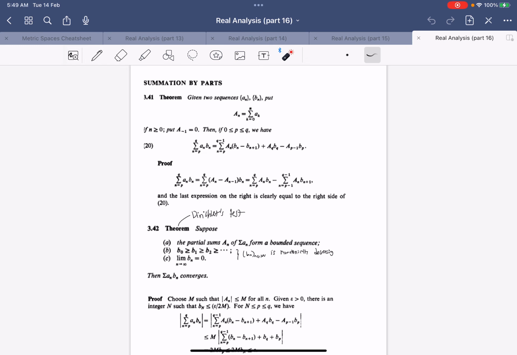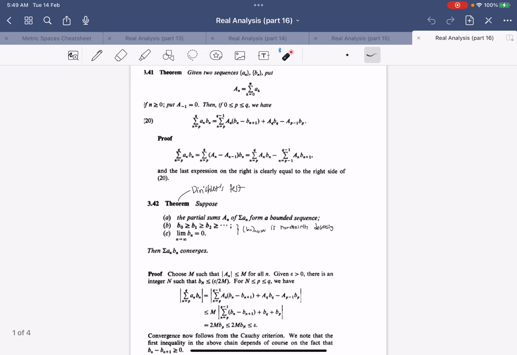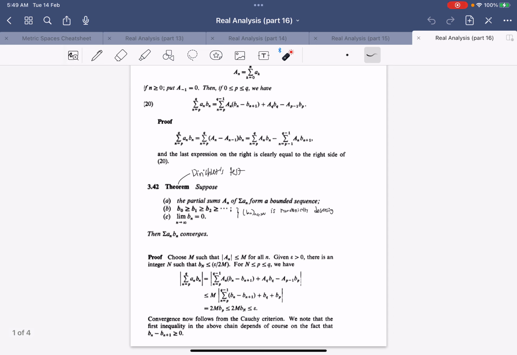And so you don't really need to memorize this summation by parts formula, and really you can just derive it on the spot by just remembering the technique of treating a_n as capital A_n minus capital A_{n-1}. And so with that, this summation by parts formula will help us in proving the